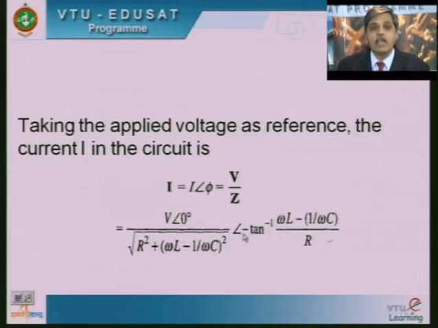When I write the same angle in the numerator, it becomes minus tan inverse of (omega L minus 1 by omega C) divided by R. So this expression will give you the current in the RLC circuit. Of course, it does not say which parameter is dominating the current. Based on the magnitude of omega L and 1 by omega C, the angle will be positive or negative, but there won't be any change in the magnitude. Whatever is dominating, the current value will remain the same.